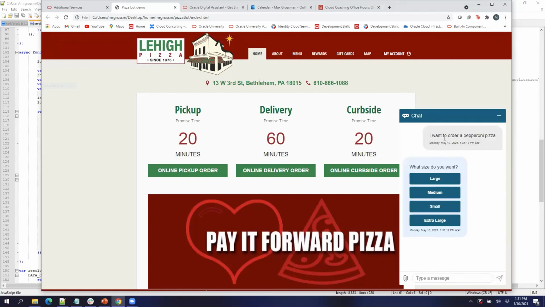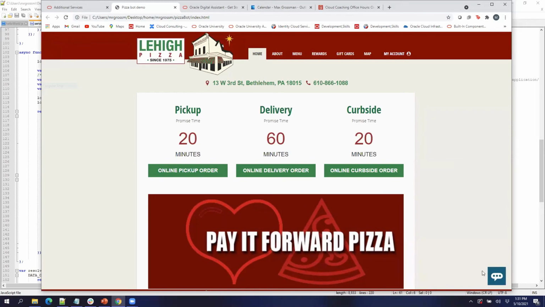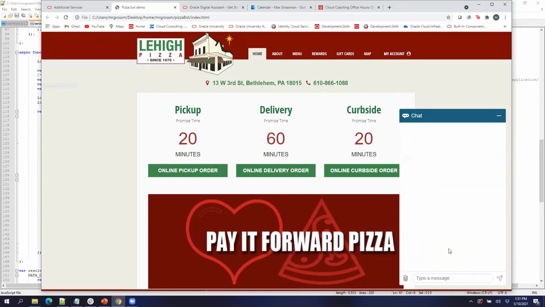If you see there, it didn't show that first menu because pepperoni is a valid pizza type in this case. So it extracted pepperoni, and because of that, we no longer have to show that menu with the options of the pizzas. So we just skip that step and go straight through in the dialog flow to the size question, right? So if I were to do this again and say I want to order a large pepperoni pizza,